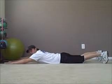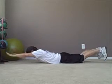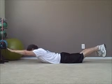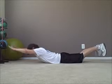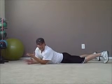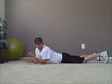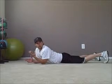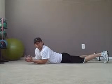You don't have to go real high, 3 inches, maybe 4 inches off the floor, right? Just drive it up, right, and back down. Drive it up and back down. Just hold it for like 1, 2, and down. So the goal of this exercise, again, is to really focus on hip extensors. You want to really get those glutes and hamstrings activated the whole way through, and also keep the abdominals initiated. Because if you don't, if you just let your tummy relax, or you're not focused on what muscles you're using,